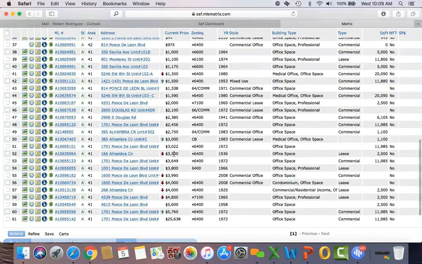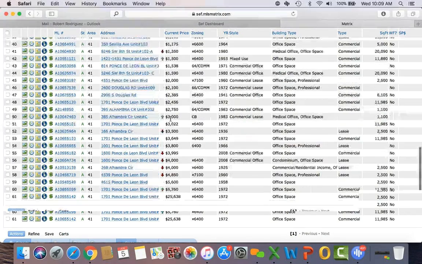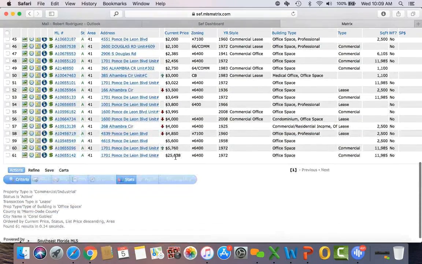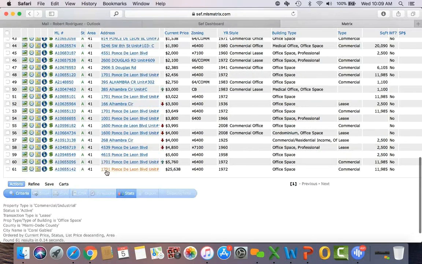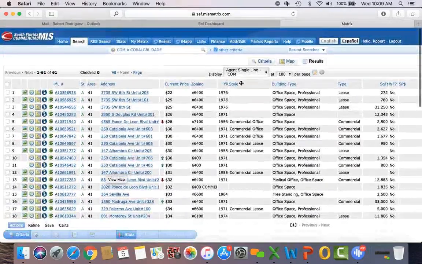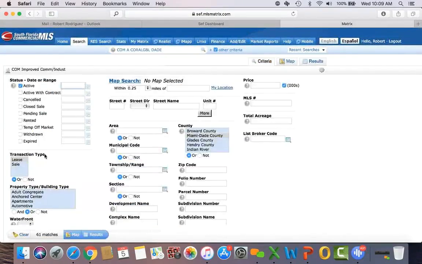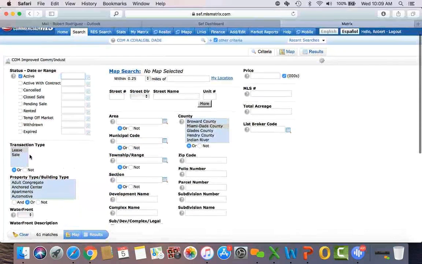now actual rents. Again, don't assume that this is the actual rent. You may want to go inside and see if this is actually what they're charging you per month. And also, when you get something like $25,000, that may be $25,000 for the entire year. So please do read the lease options inside of the listing itself. All right. So going back to criteria, and if there is something you're looking to lease and you can't find